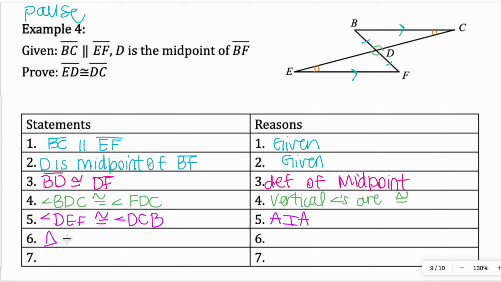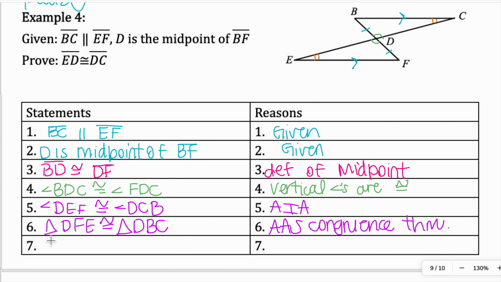So triangle DFE is congruent to triangle DBC using the angle, angle, side congruence theorem. And because my triangles are congruent, now I can say that ED is congruent to DC using corresponding parts of congruent triangles are congruent. Okay,